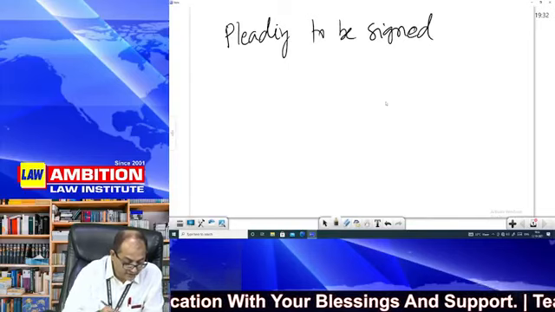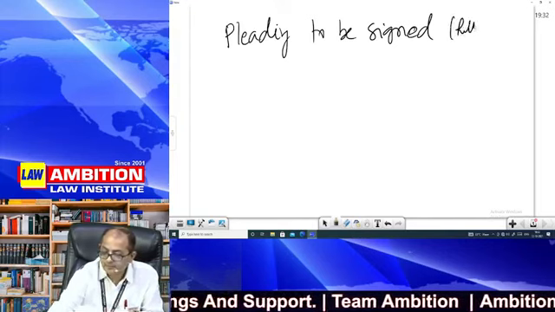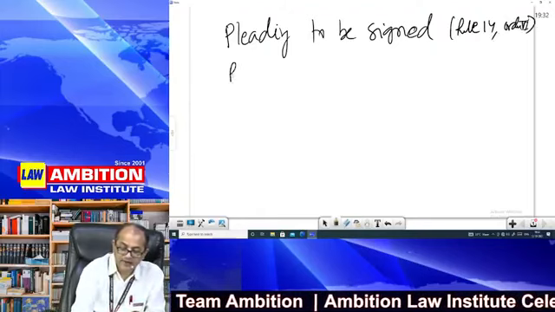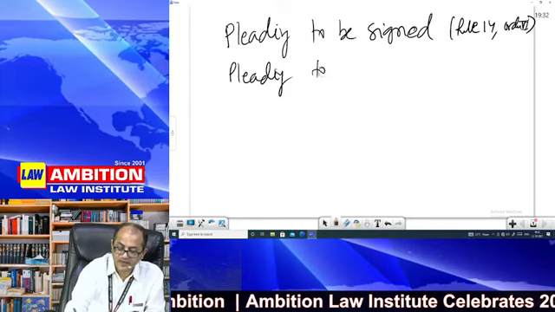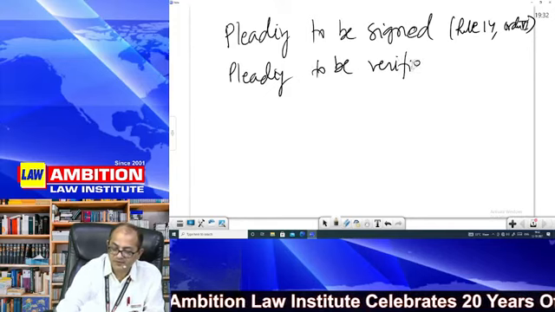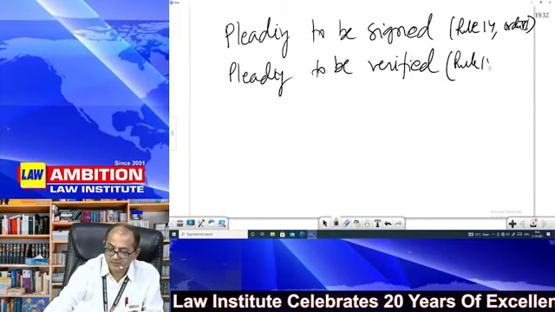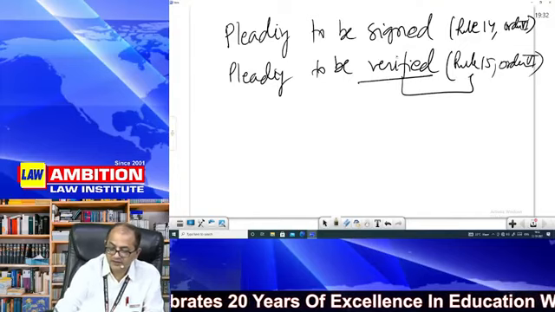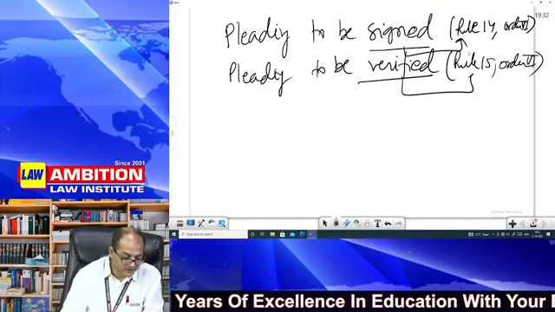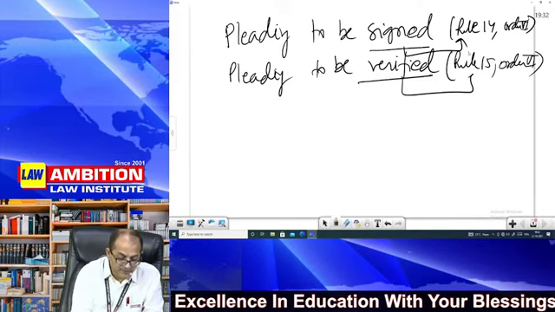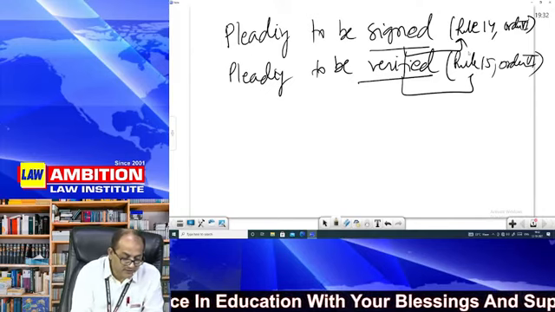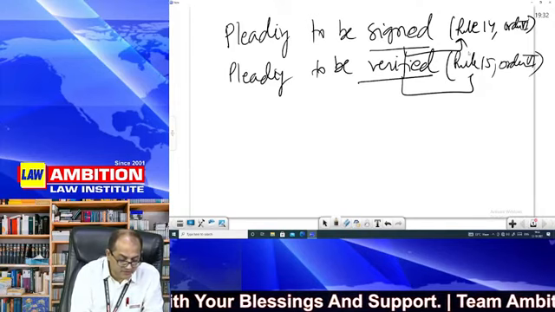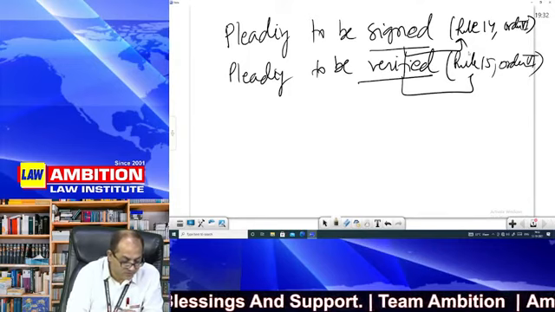Verification. Can you see this Rule 14, Order 6? And to be verified. Now understand the very basic things. Don't run away. So verified and signed. Now see what is written in this. Every pleading shall be signed by the party and his pleader, provided that where a party pleading is by reason of absence or for good cause unable to sign, it may be signed by any person duly authorized by him to sign for him or to sue or defend on his behalf.